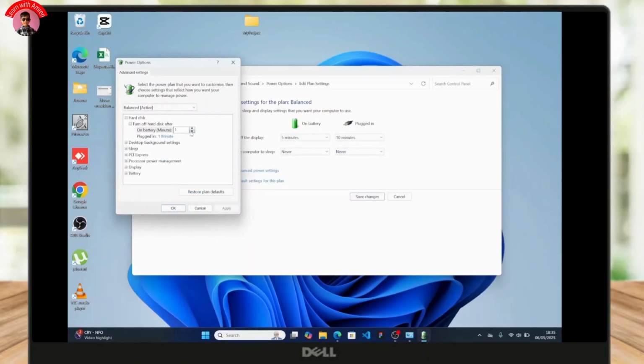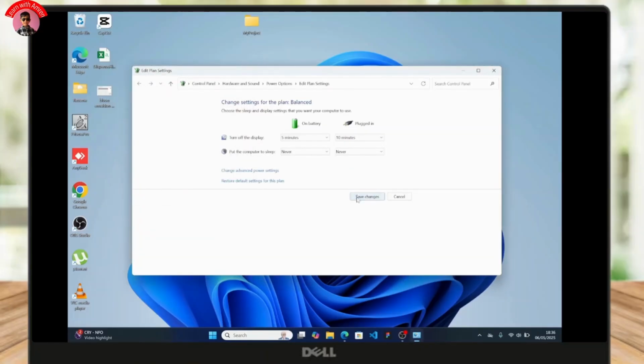So now just select advanced settings and click on this on battery option. So now what you need to do is just set it to whatever number I press over here. So now I will select the number 1440, which is equivalent to 24 hours. So basically I don't want it to sleep for 24 hours, and just simply click on apply and click on